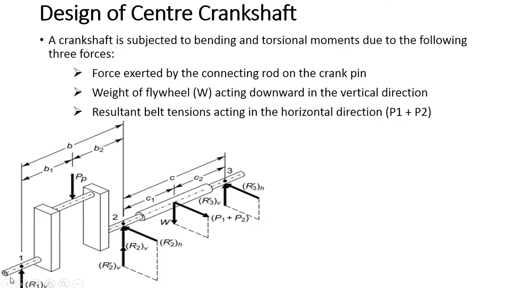We are making one assumption while designing this center crankshaft: that the position is TDC, top dead center. If it lies on the downside, it is bottom dead center. But we are going to design the crankshaft only on the basis of TDC, top dead center. In that case, the force P transmitted by the connecting rod will always be a vertical force, and there is no inclination. That's why, when the force acts vertically on PP in bearing 1 and bearing 2, there are no horizontal reactions because of this PP.